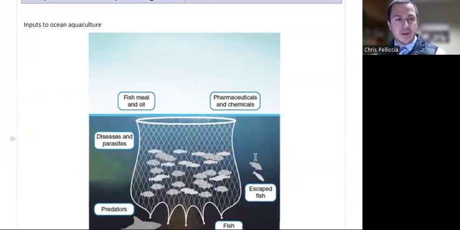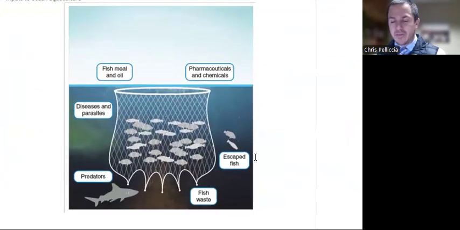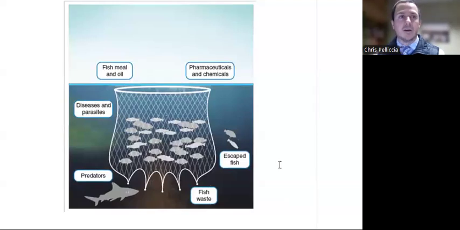Looking at aquaculture in totality here, we can look at sort of the inputs and the outputs of the system. Input, you've got, again, these pharmaceuticals, chemicals, feeds going in, foods and oils need to be inputted. Perhaps disease parasites could both be in and out. There's got to be some methods to protect against predators. Food waste needs to be disposed of somehow. You've got all these fish living in proximity. They can't be existing with food waste. And again, we need to deal with escaped fish. These are all serious considerations.